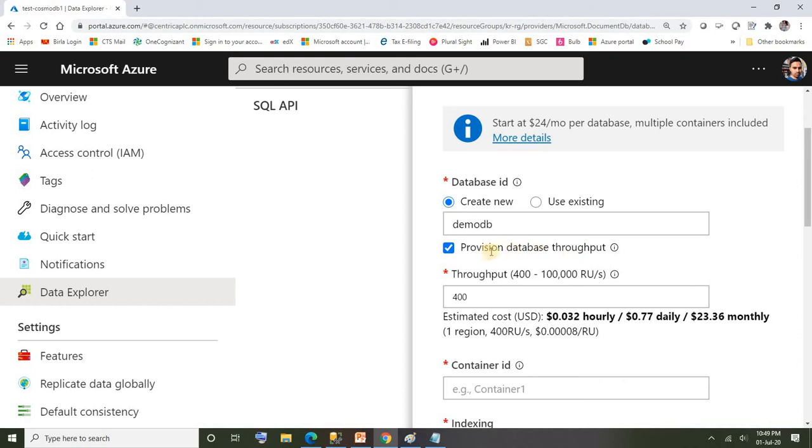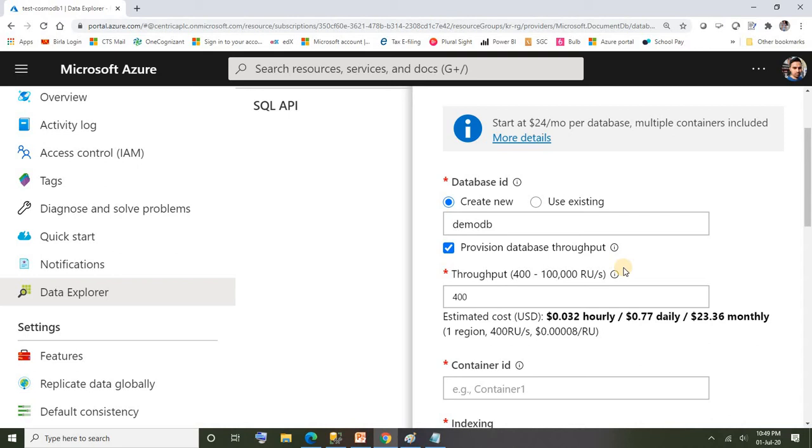If you come down, there is an option here to select the provisioned throughput for our database. What is meant by throughput here? Throughput is nothing but the performance. It includes CPU, memory and IOs. The throughput is measured as RUs, those are request units: how many request units you need for your database to get optimized performance.